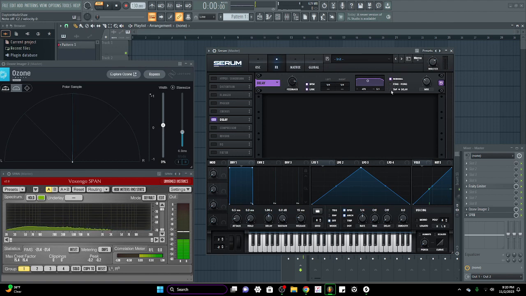And these are the type of delays. So you have the normal, you have the ping pong, just going left and right, ping pong. And then tap delay is more of like a normal delay, but it's way longer, it's way more sensitive. You turn the mix up,